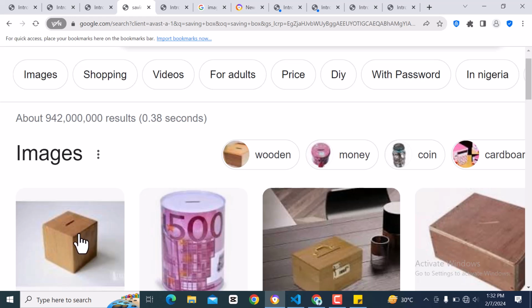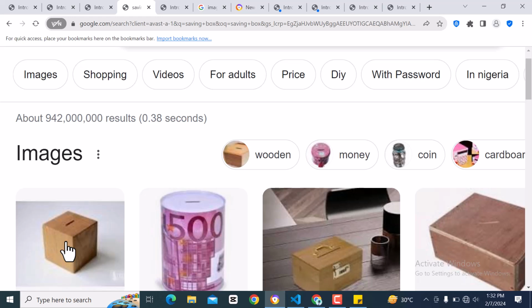A variable can store, for instance, this saving box, right? If it saves money, you call it PiggyVest. What if it's like a vault that you store your documents in? You no longer call it PiggyVest, you call it your vault or your document vault. So the type of data it stores is going to determine the name you call the variable. Now that you understand that variables are data containers, they store data,